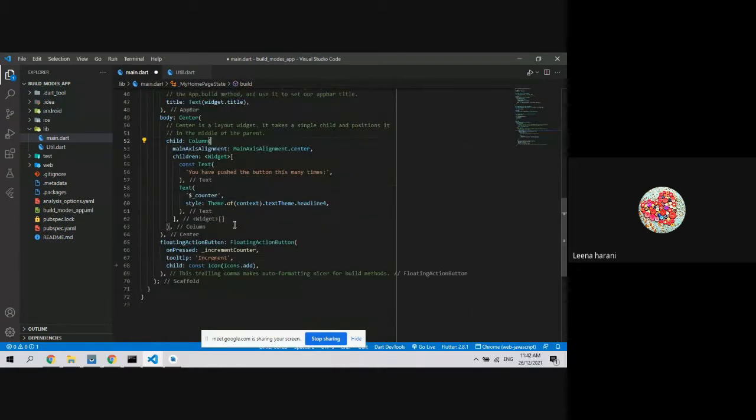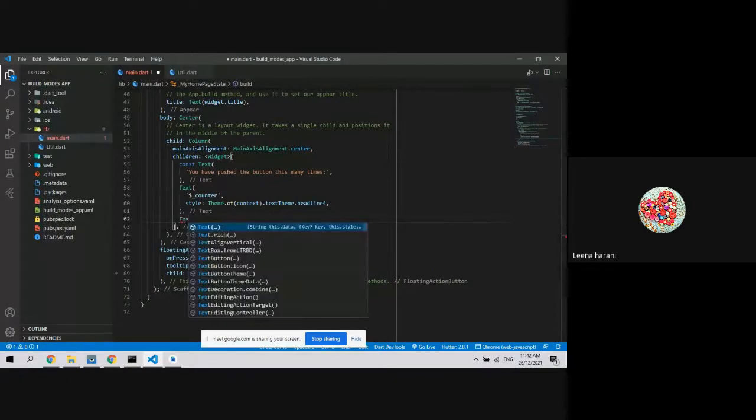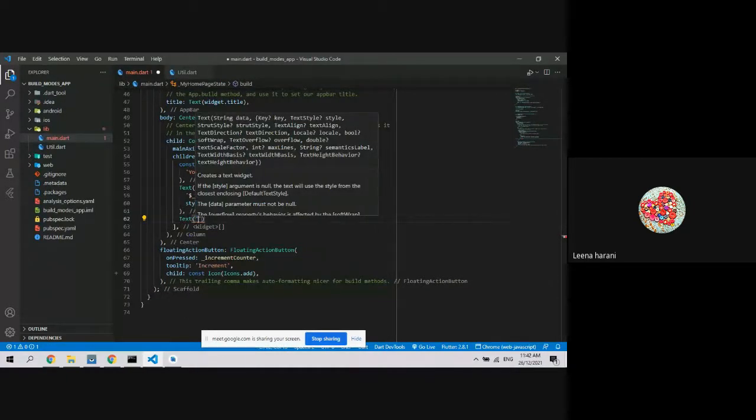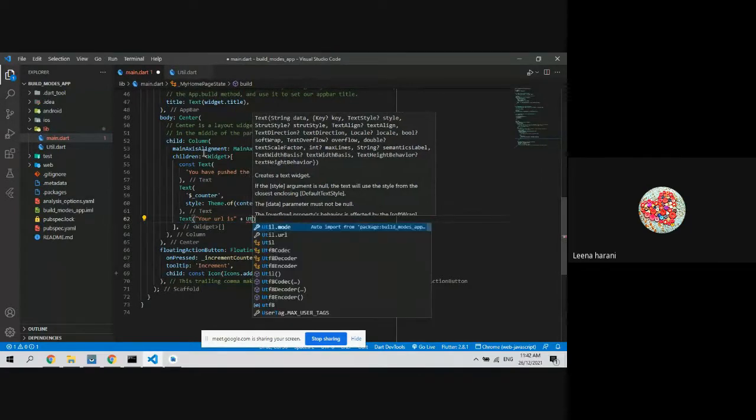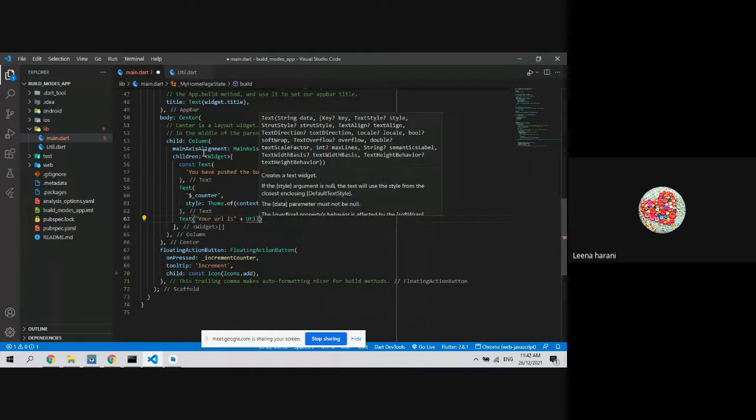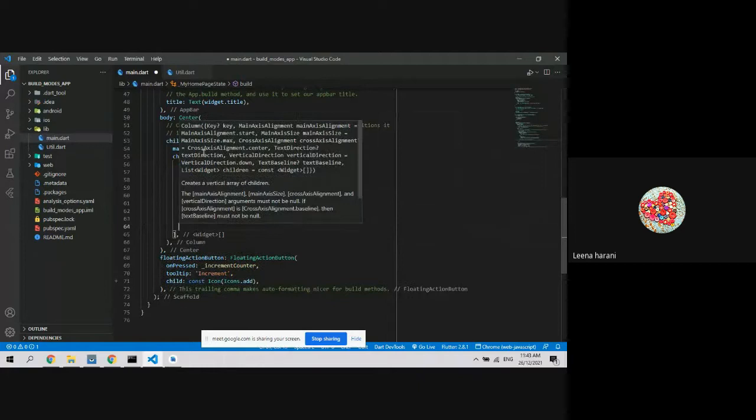Let's add another text widget, or let's add another text widget that would be better. Text widget, my URL, your URL is, and plus sign for concatenation, Util URL, comma, then another text field,